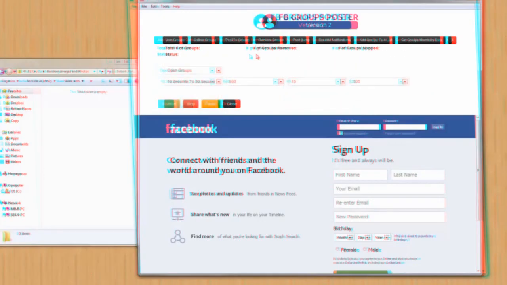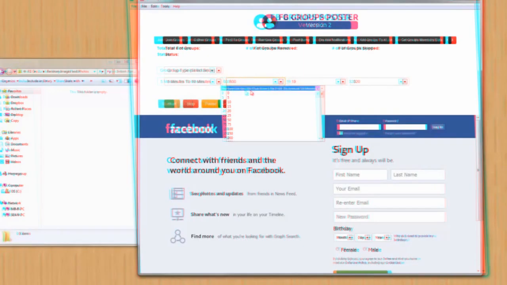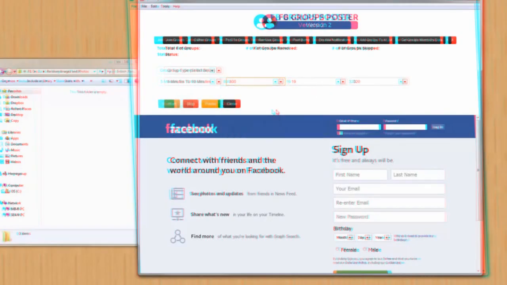Next thing we want is the remove groups tab, okay? You have the ability here, folks, to post to open groups, small groups. All groups consist of open groups and closed groups. Specify the amount of time between each post, so it's around time. This function right here gives you the ability to remove groups that have less than X amount of members. So the groups that you want to remove have less than 400 members, the software will go ahead and remove